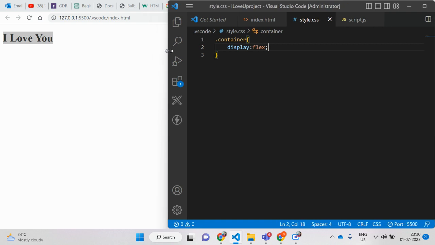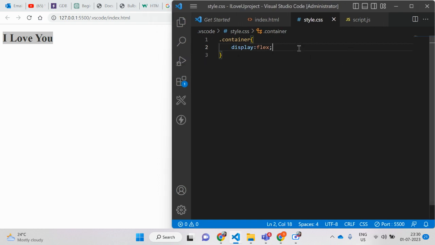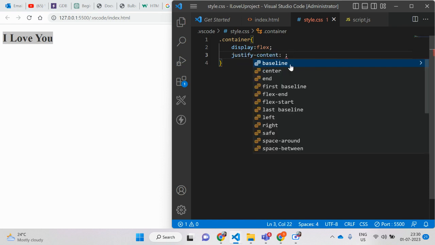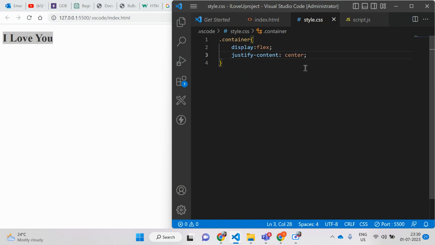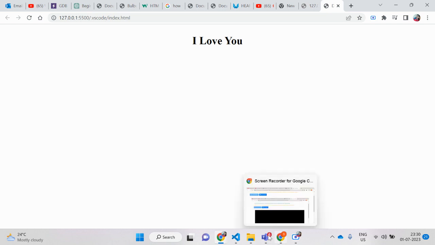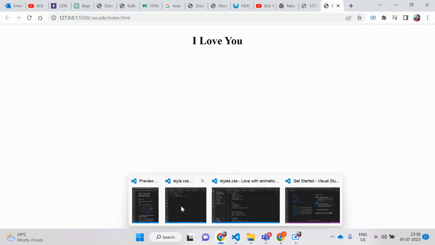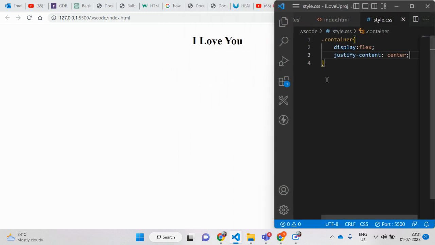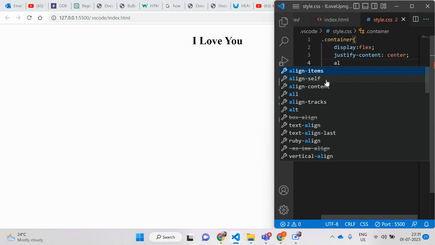In this way you can see your output with this code also. Okay, and justify-content center, because I want this text line in the center only. You can see this, it comes in the center. And align-items center,